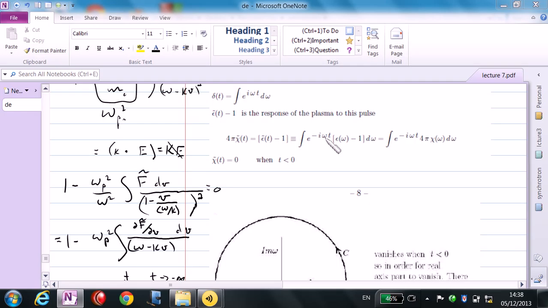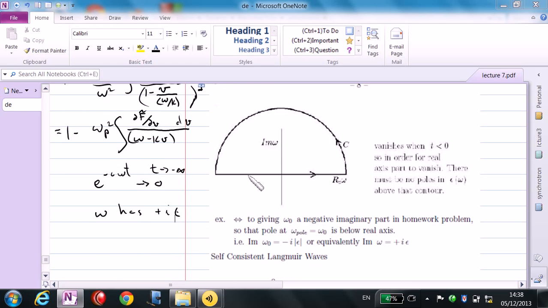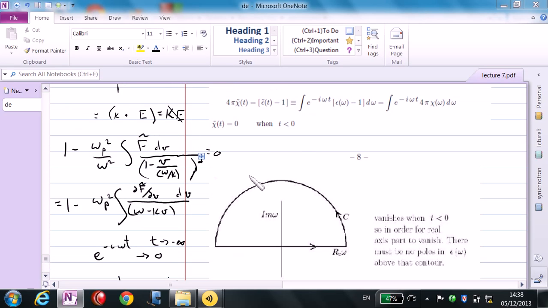It means when omega is equal to 0, it's a delta function. But okay, never mind that. The point is, I want this to be 0 when t is less than 0. Okay, so now this is the integral in the omega plane. When t is negative,